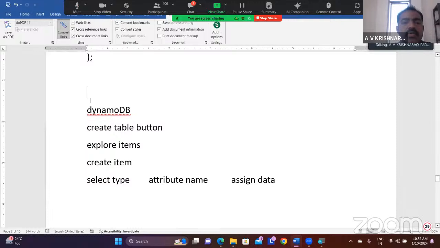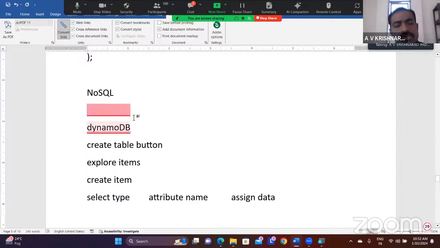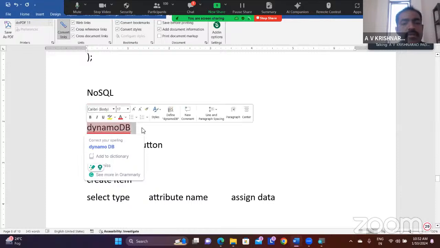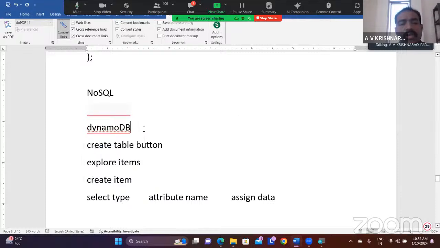So to work with NoSQL databases, there are many services available in AWS. One of the most popular NoSQL database services is DynamoDB. Let me show you how to create this DynamoDB, and how to create a database in it,